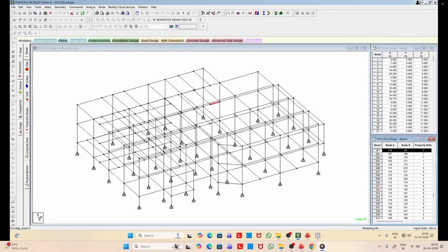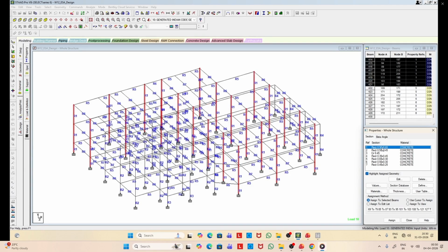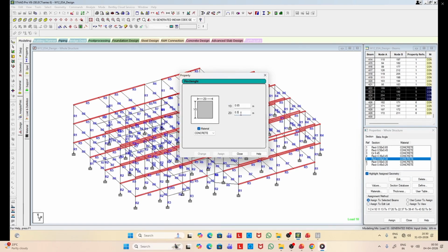Again, we have to change the cross section. We have already increased the FC value, FCK. So let us edit this. Let us increase the size.